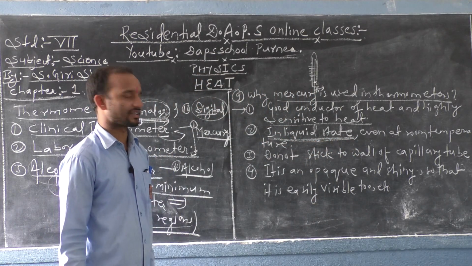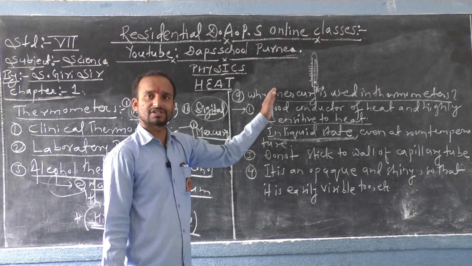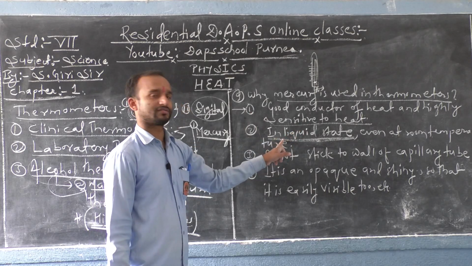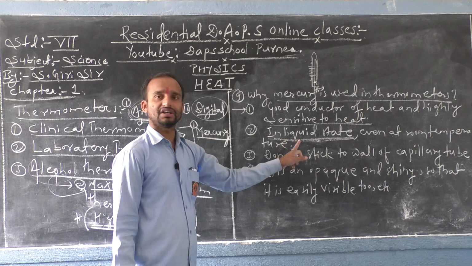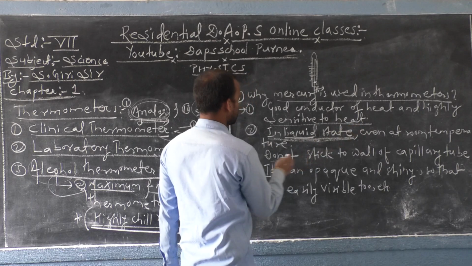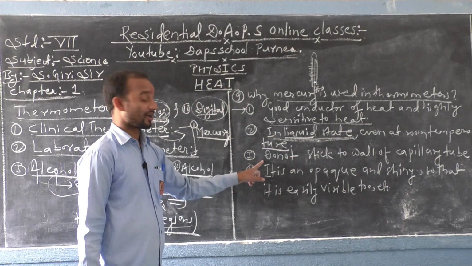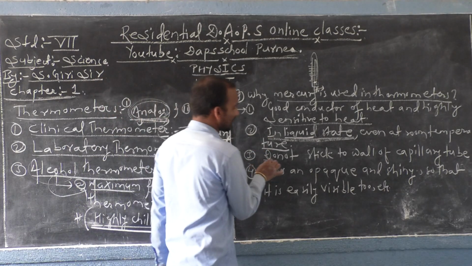Even though it is a metal, it is the exception in the metal group. Metals are generally solid even at room temperature, but mercury is the only metal which is available in liquid state at room temperature. And number 3, it does not stick,